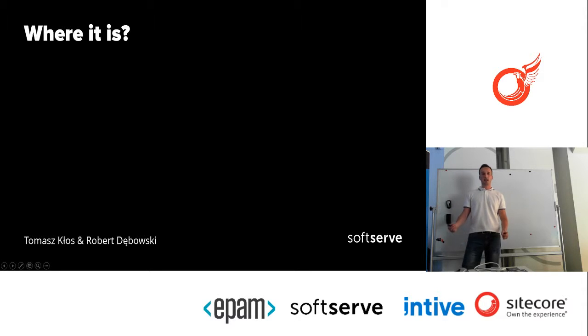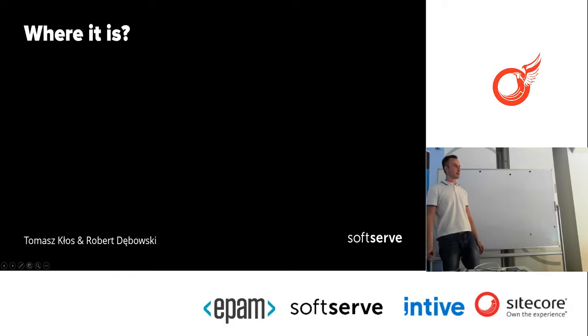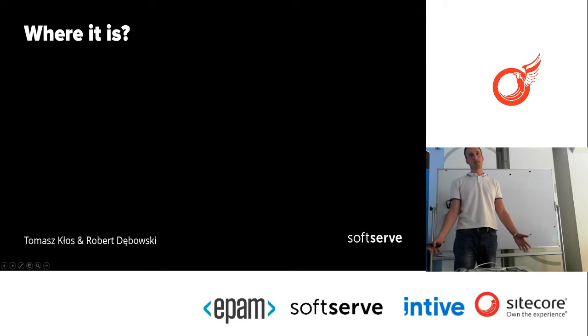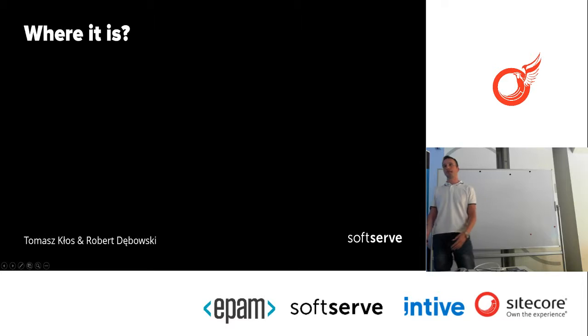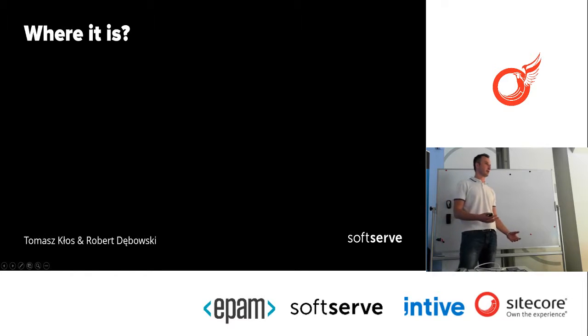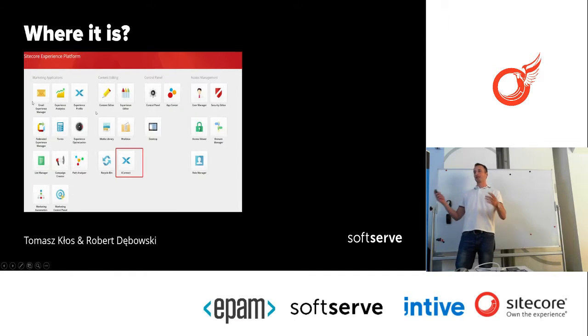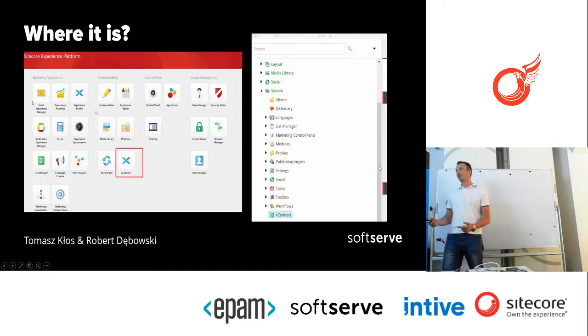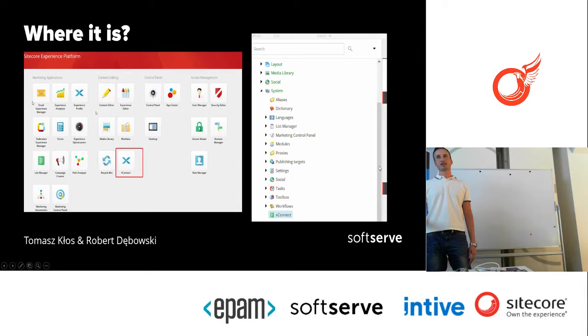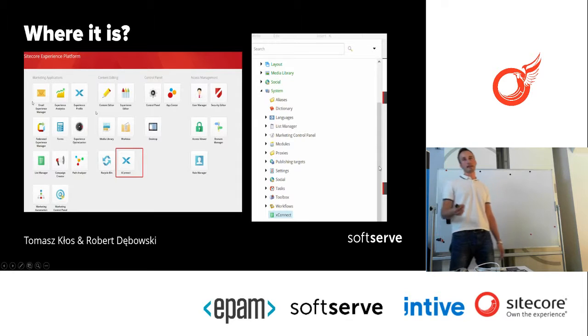As I said at the beginning of the presentation, there are questions about where I can find eXtremeConnect. Where is it? Is it on the dashboard? Can I find it in the content editor, for instance, or somewhere else? Robert, show me the eXtremeConnect. So the question is: is it in the dashboard or in the content editor? Well, both answers are wrong, right? eXtremeConnect is not a simple tool. We can say that it's embedded in Sitecore.